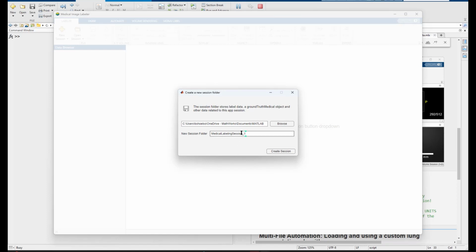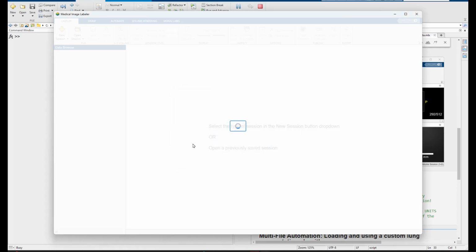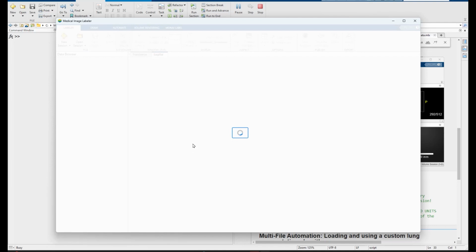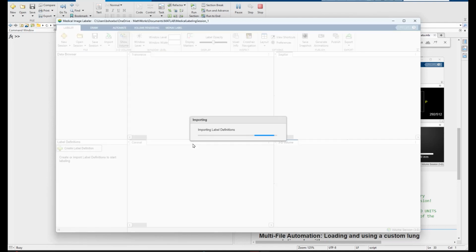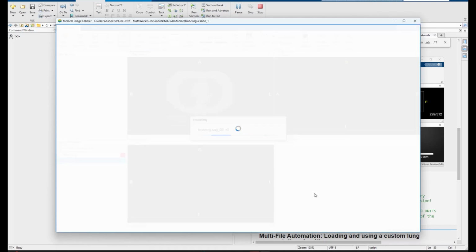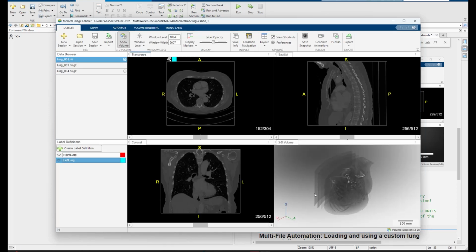And you should recognize that MATLAB is going to automatically create a new session for me. It's going to give me an underscore with numbers so that I avoid overriding anything that I've previously done. Okay, and in just a moment, I see this 3-panel view of our 3 different data sets. This one is lung 001. I've got my transverse, my sagittal, and my coronal slices. And you can see the anatomical orientations are pre-labeled for me: anterior, posterior, superior, inferior, right and left,